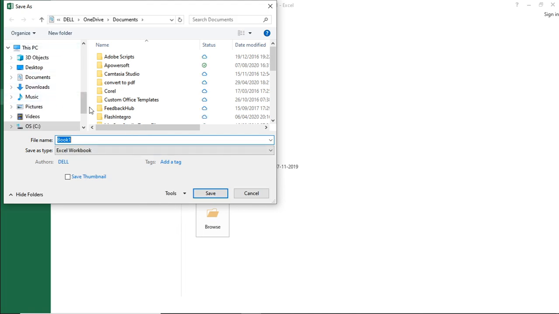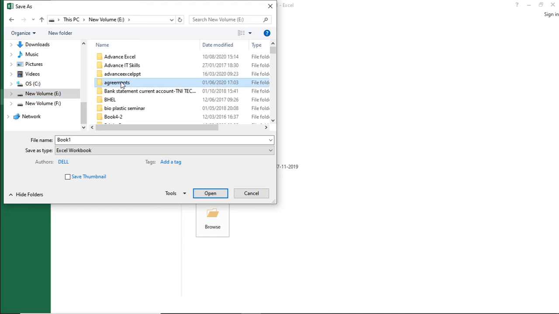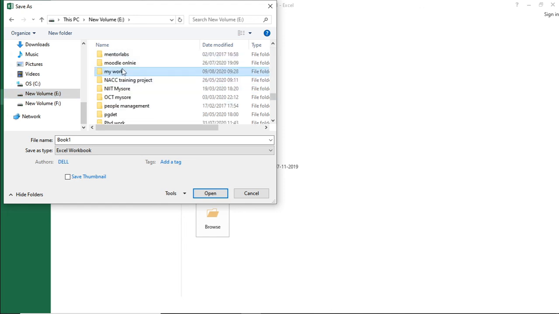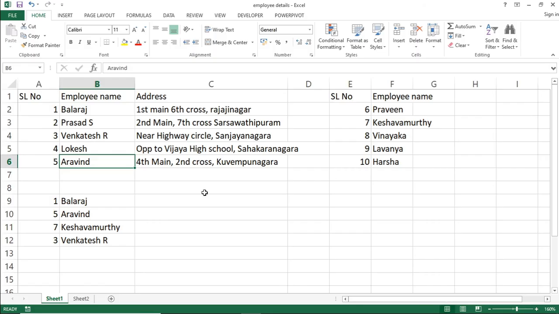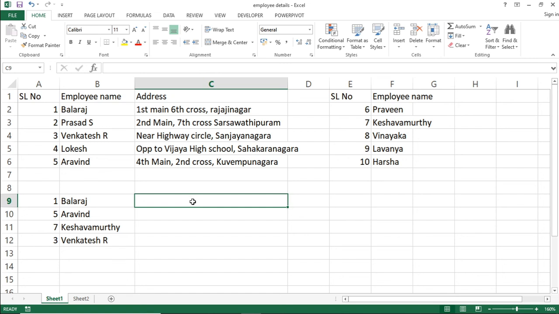Here I am using E drive and my works. In this I am going to save this as employee details. Whatever name is appropriate, you can provide that, then click the Save button. You can observe the file name which is present in the title bar. So this is how you can save the file.